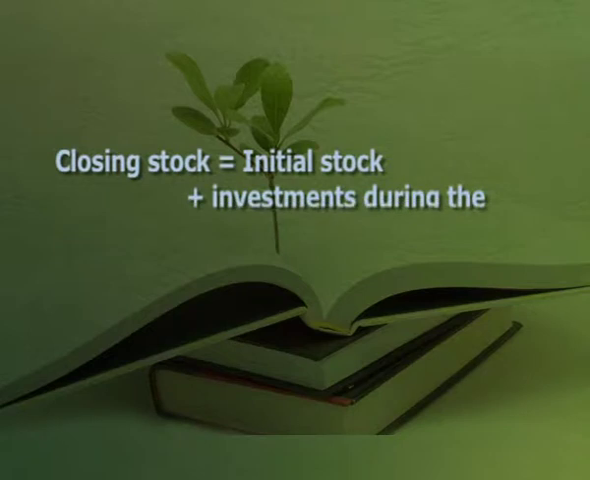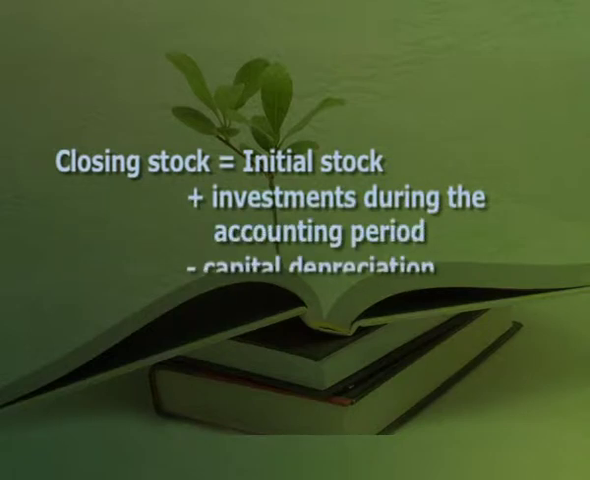The method of SNA is basically arithmetic, tracing all flows of incomes or goods and services in the economy in an accounting year. An added element to SNA is the statement on the man-made capital stocks in the economy. The accounting identity for this is: closing stock is equal to initial stock plus investments during the accounting period minus capital depreciation. According to Hicks,